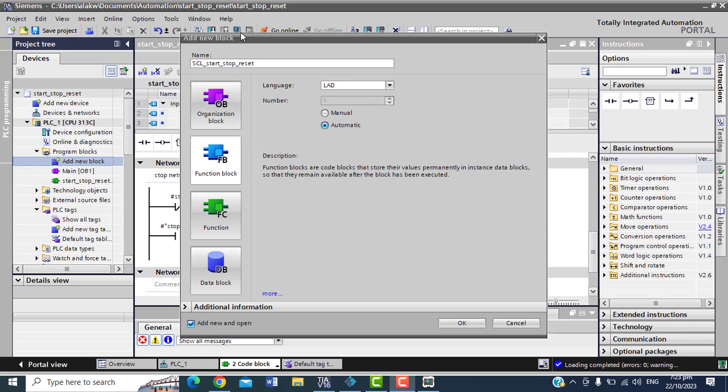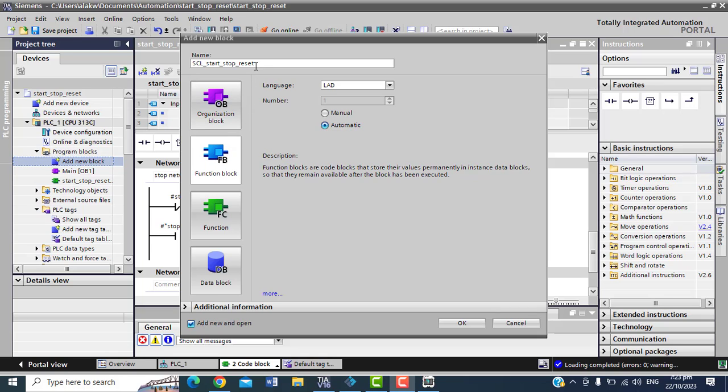Okay, so I want to repeat this with SCL, but let me show you what I did here. I clicked on add new block, and inside here I use a function block, and I will tell you why I use a function block and not a function. For ladder, I just used a function, but if I use a function here, it will never work.